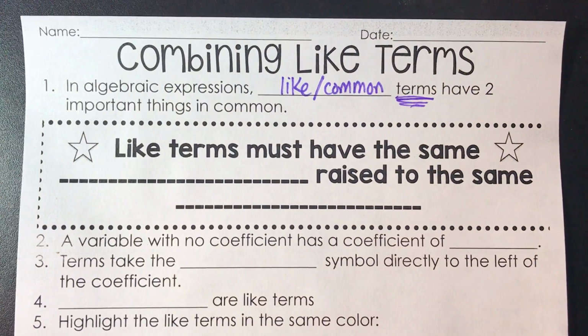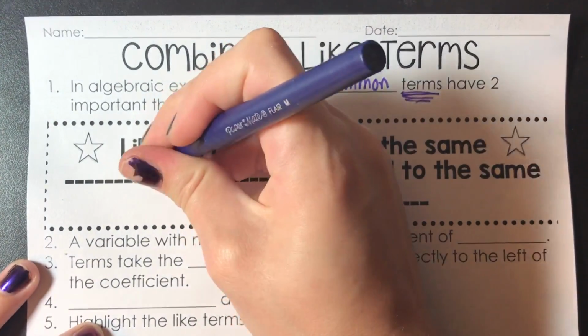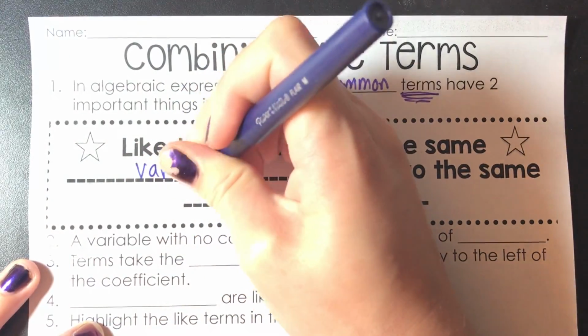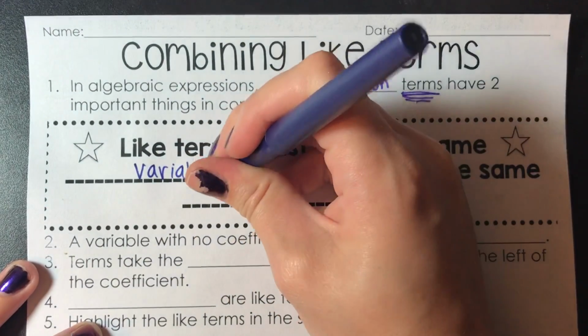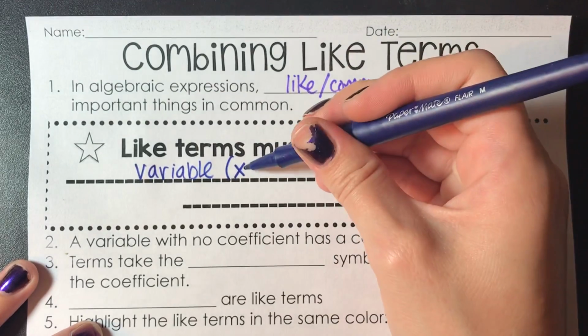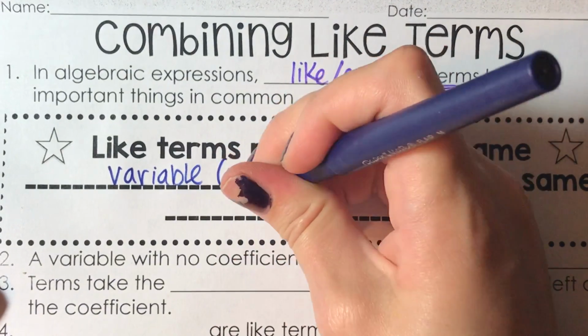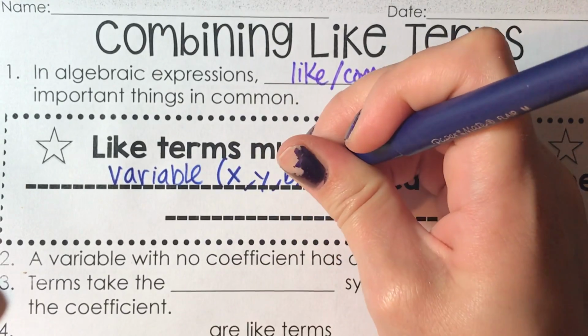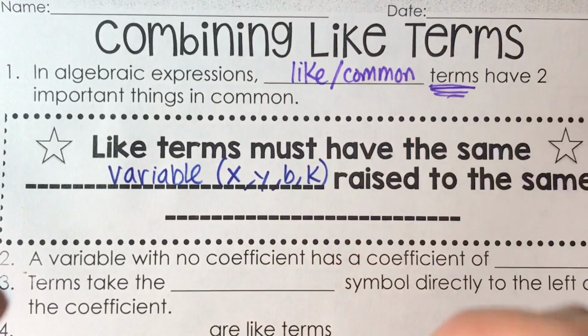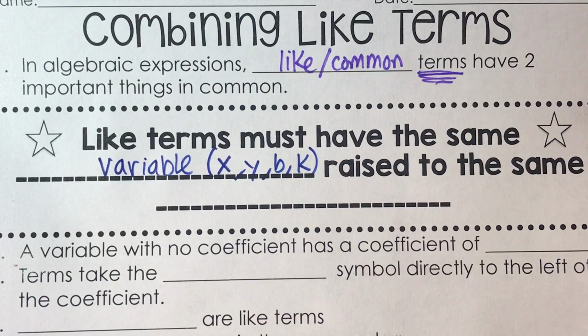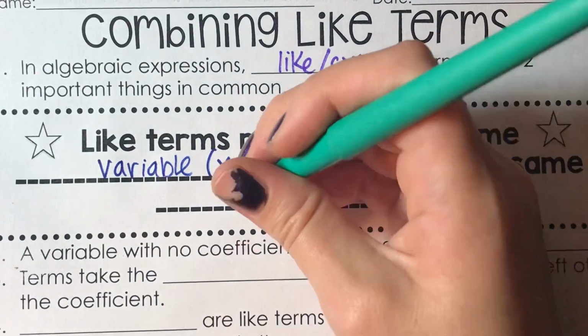So, like terms have to have the same variable. If one has an x next to it, you want to combine all the terms that have just the x, or just the y, or just the b, or just the k. And then they also have to be raised to the same